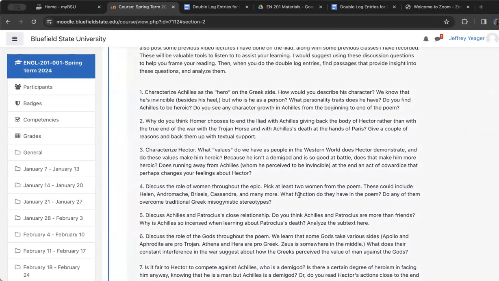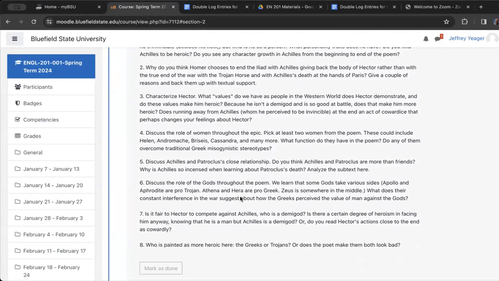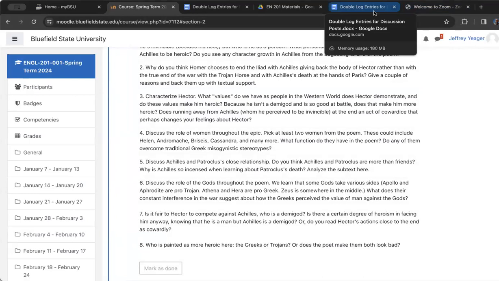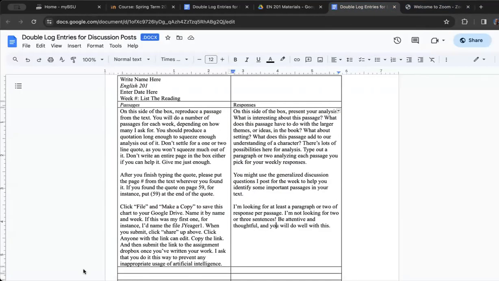For instance, with the Iliad, there are lots of questions about who's the hero. Is it Hector or Achilles? What's going on with women? The ancient Greek world often depicts women in interesting and, oftentimes, sad ways. Is there anything going on between Achilles and Patroclus? What's the role of the Greek gods in the poem? There are lots of big questions to think about as you read through the Iliad.